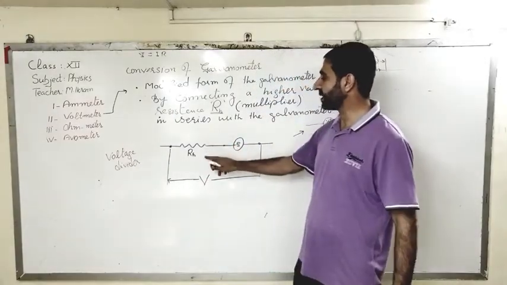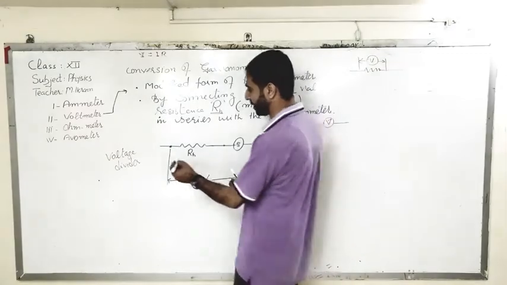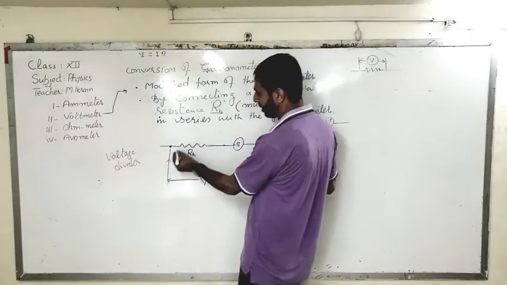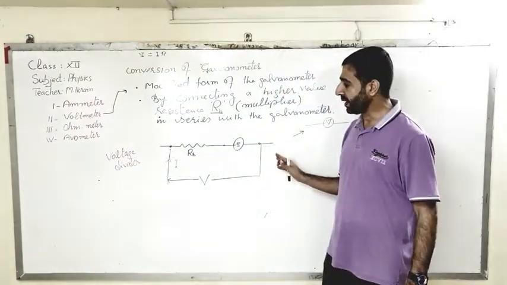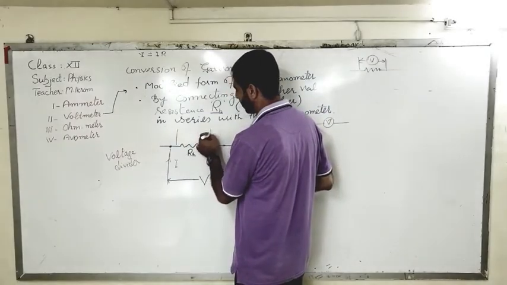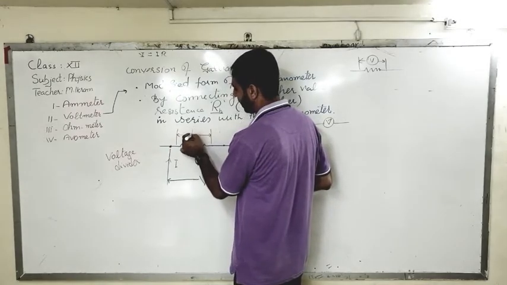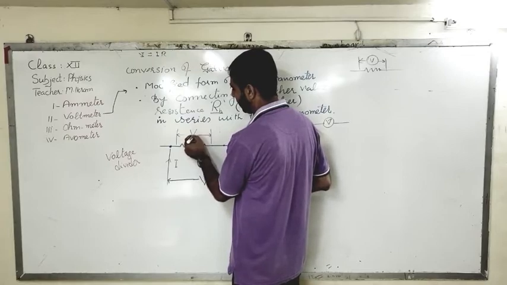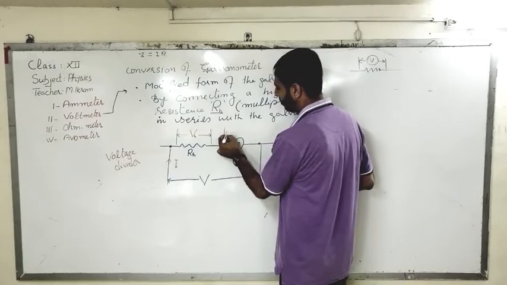So the greater the resistance, the greater will be the voltage to allow the same current that is passing through it. Why? Because in a series circuit there is only one path for the flow of current, so the current is the same. So to allow the same current flow, for the higher resistance you have the higher potential difference. That is, the potential difference will be VH, and here you have the